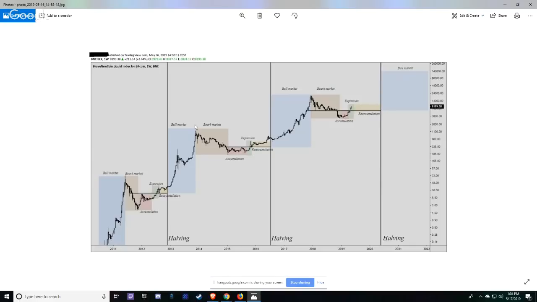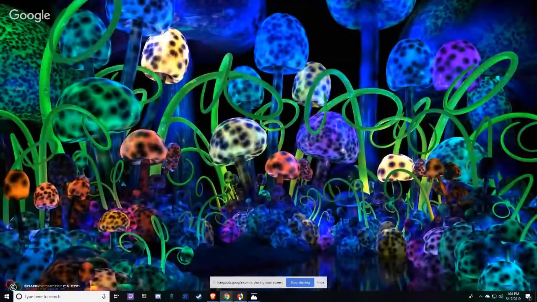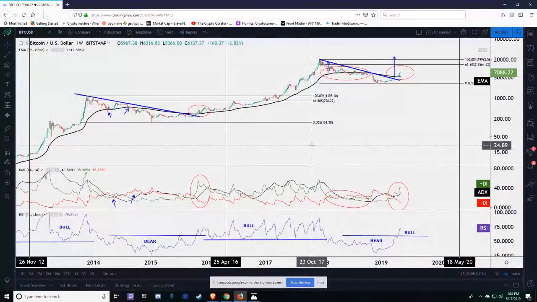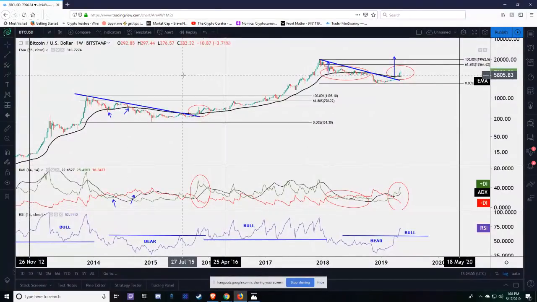But I want to dive in and look at the internals of what's going on behind the scenes when this is going on. So I built up this chart here. This is a weekly chart for Bitcoin, on Bitstamp, and the vertical lines are the halvings. I have it marked as May 18th, but this is a weekly chart, so I think it's supposed to happen on the 23rd. So looking at this weekly chart for Bitcoin, I wanted to mark the internals of what was going on in the market